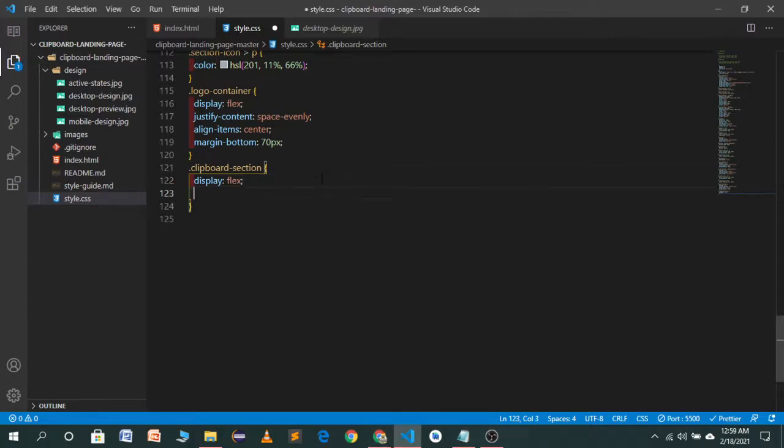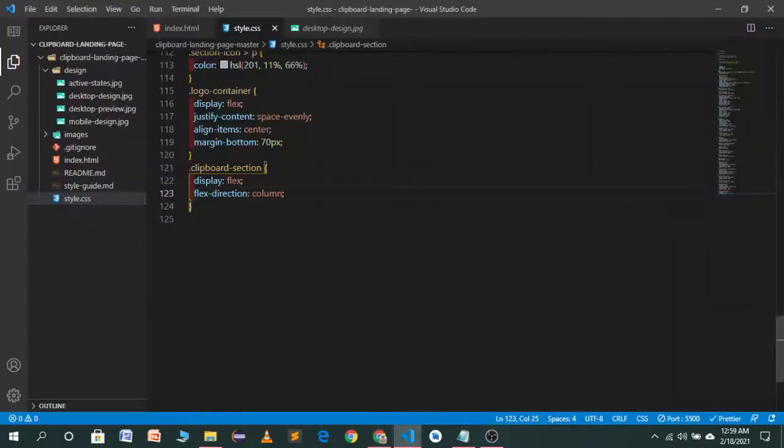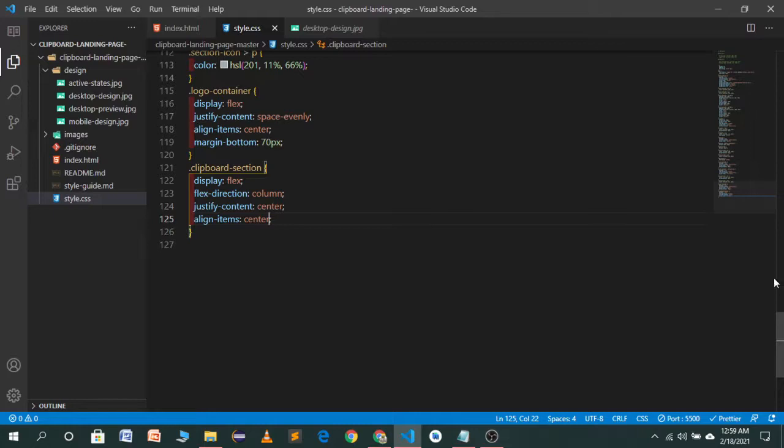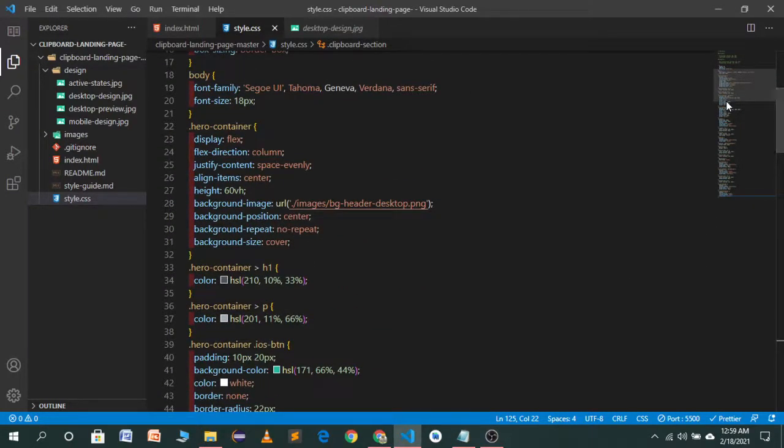We want a flex direction of column. Justify content center. Align items will also be center. Let's see. As you see, it has come into the middle. Now move to the main part, heading section.